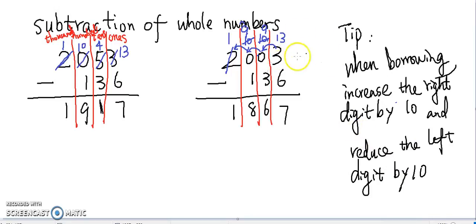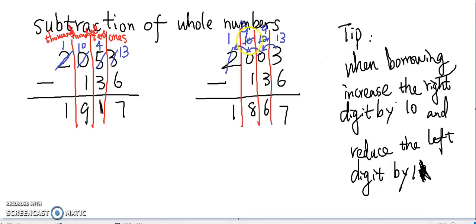So if you see here, when this 3 borrows from 0, there's nothing to borrow. Then we go to the next left digit, nothing to borrow, and finally we go to 2. And when you borrow from 2, it's going to reduce 2 by 1, not by 10. Okay, so you're going to reduce this 2 by 1, which is 2 minus 1, you get 1. And we also increase the right side digit by 10, so 0 will be increased to 10. But because the right side of this place also needs to borrow from the left side,